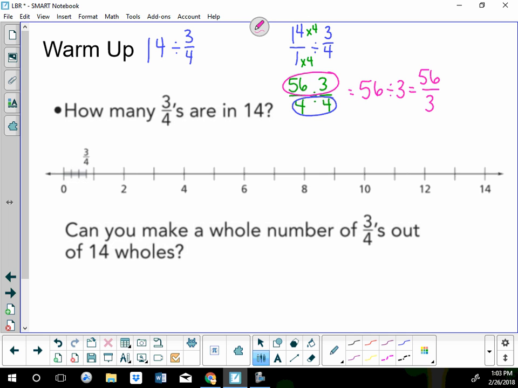Now this one's kind of tricky, right? So this is what I'm going to think about. Well, I know that 3 times 10 is 30. So 3 times 30 is about half of this, right here. So 3 times 20 would be 60, but that's too much. I'm going to go down. 3 times 19 is 57, which is still too much. So 3 times, I like that you guys are doing this with me, 3 times 18